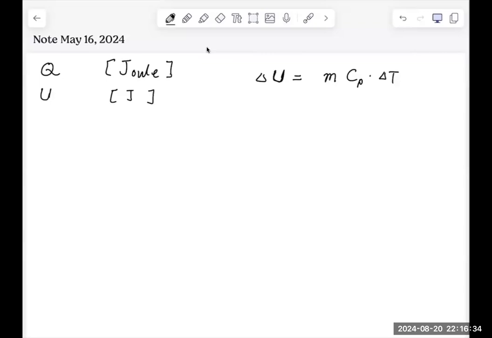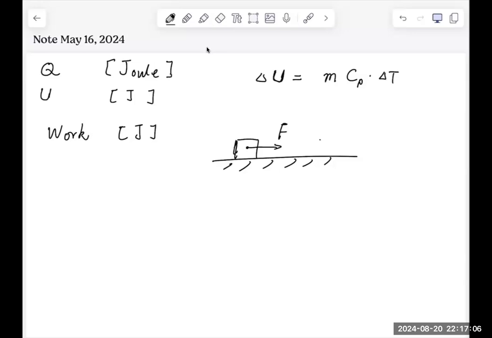And then here I just want to mention the work. Work is another form of energy. It's basically the mechanical energy. It has the same units of joule. The work is defined, let's say if you have an object, a block sitting on a surface, and then if you apply a force in one direction and move this object to another location,